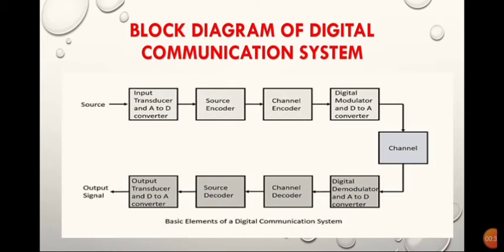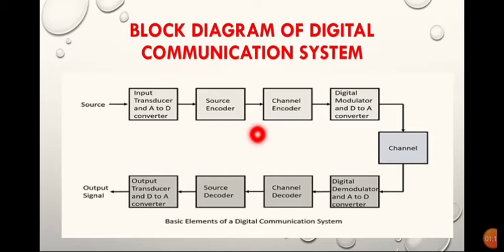So here we have the block diagram for the digital communication system, which consists of different blocks. You know that basically a communication system consists of a transmitter, a communication media, that is known as the channel, and the receiver. The basic function of the transmitter is to transmit the information. That information can travel through the communication media, known as the communication channel or media. Finally, the information is received at the receiver.